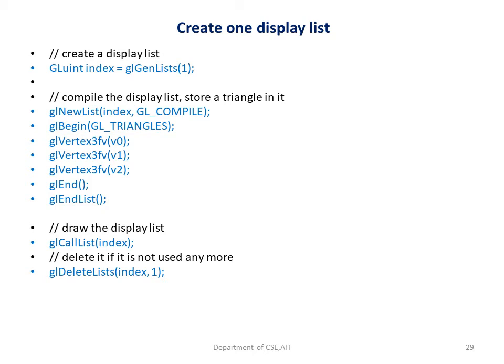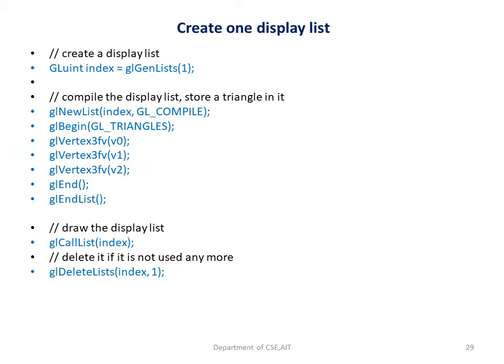So to create a display list, we have to make use of an API called glGenLists. In glGenLists, I have given the value as 1. That means I want to create one display list, and the ID of that one may not be 1. It will be stored in one memory block, and whatever ID is present for that memory block will be transferred into a variable called index. That index will indicate the display list number.